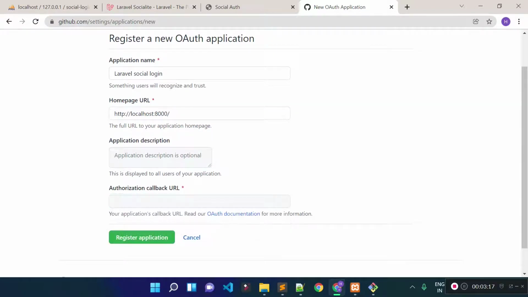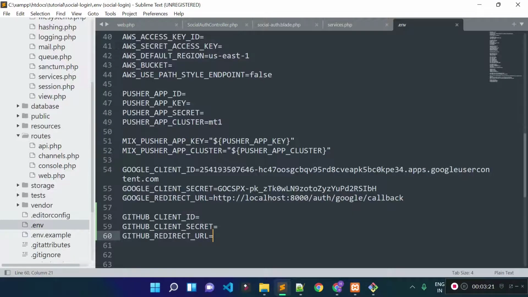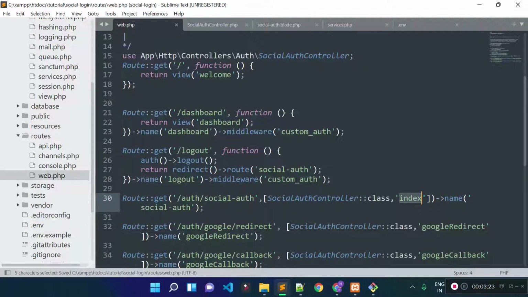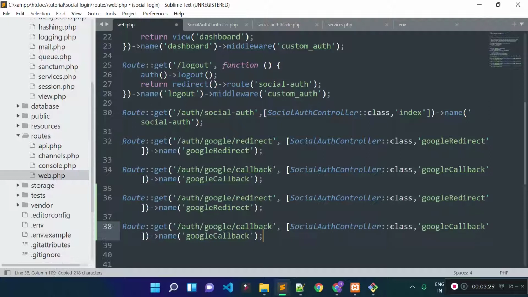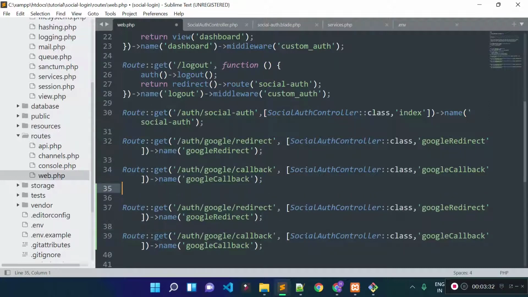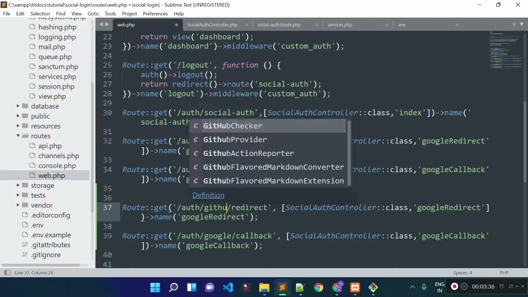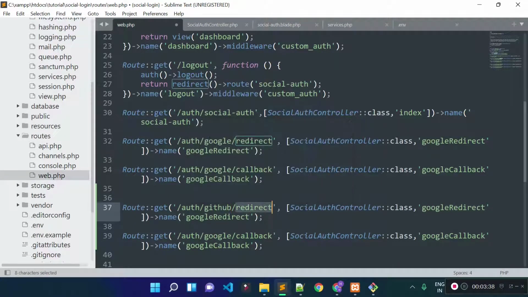Right now we don't have any authorization callback for GitHub login, so let's open our web.php file, and then let's create two new routes here. One is for the redirect URL and another is for the authorization callback URL for GitHub. So the URL will be auth/github/redirect, and this will execute social auth controller's GitHub redirect method, and let's give a route name to this URL